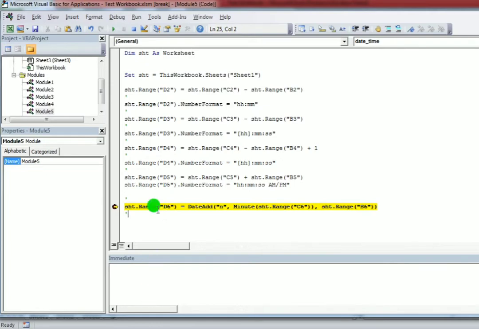In this scenario we have used the DateAdd function to add minutes to the time. This is the DateAdd function that is used to add minutes, hours, years, weeks. N is used for minutes, H is used for hours, S is used for seconds.